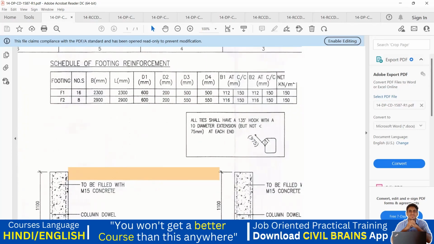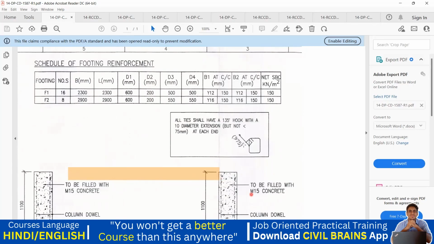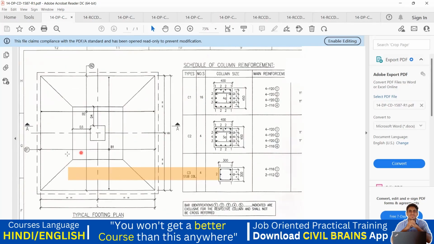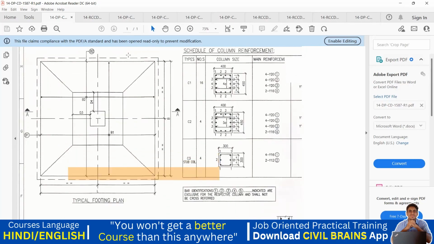And then coming to the reinforcement. So they have given the reinforcement here, B1 and B2. Again, what is B1, B2? You have to come here and check what is B1. So B1 is you are going to provide the steel in the,